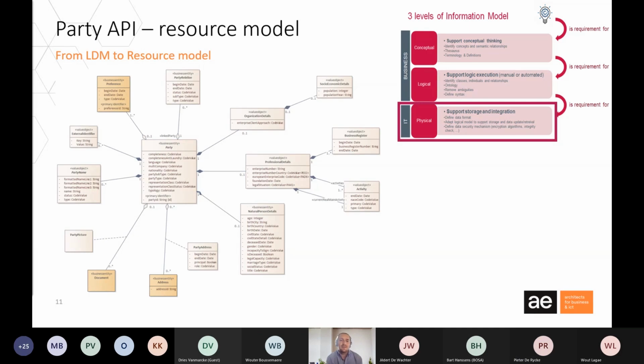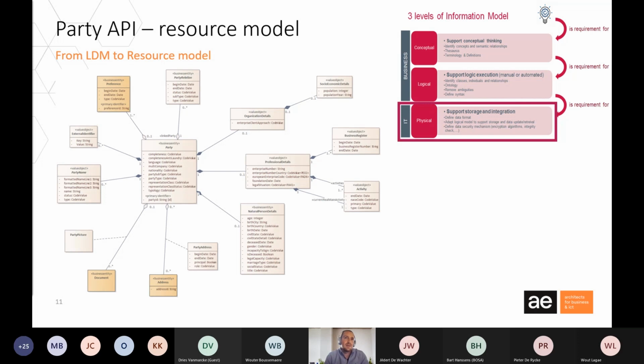Okay, so this means we have our logical data model, and to evolve towards a resource model, the first thing that we need to do, and it's actually an optional one, is the question: shall we base our API specifically on the logical data model, or will we go one level deeper towards the physical one, which will make the creation of APIs a bit easier due to the fact that there are no inheritances, so no need to support polymorphism in your APIs. That's why I suggest going one step deeper into the physical model, where, for example,